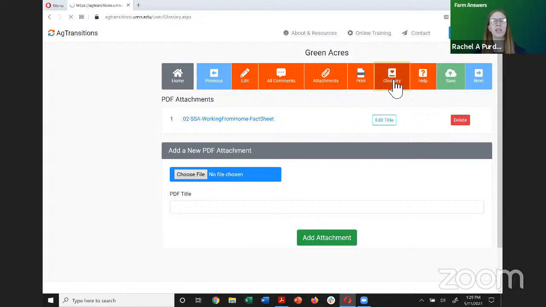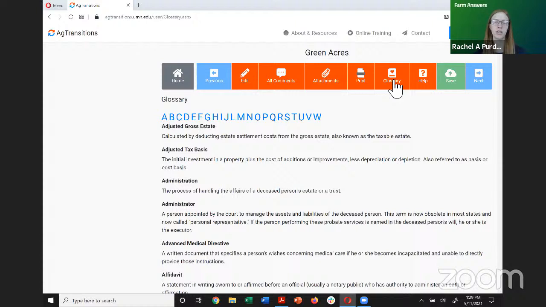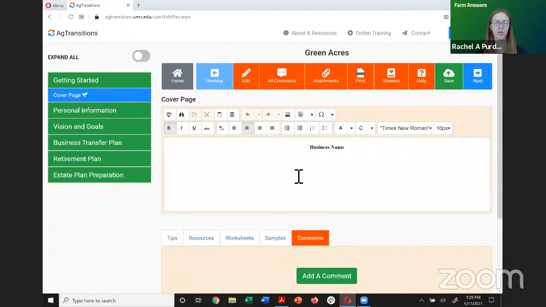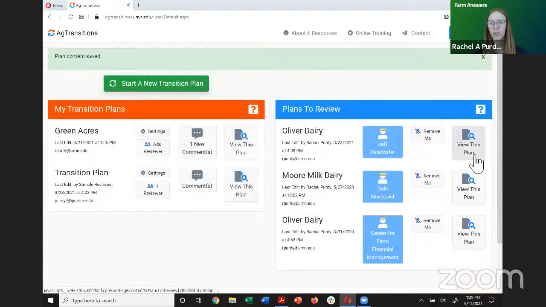We also, just because some of the terminology associated with succession, estate planning, and transition planning can be full of legal jargon, we do have a glossary here just to help people out with that. And then a little bit of help built into AgTransitions does have the ability to do things like, if I go back to home and pull up a different